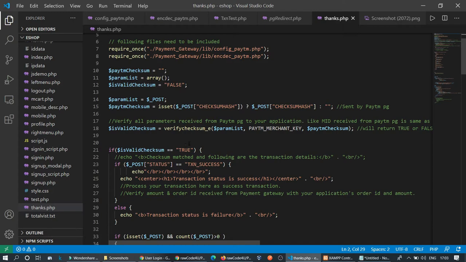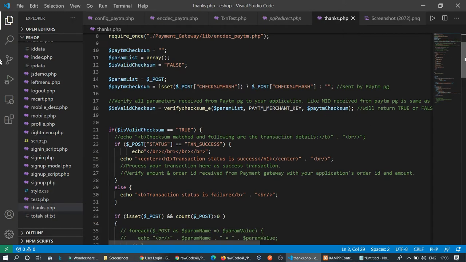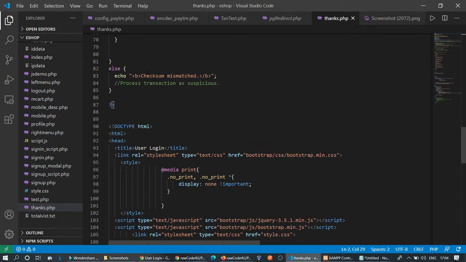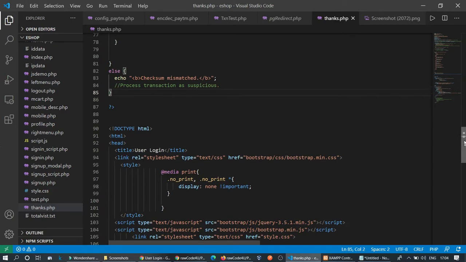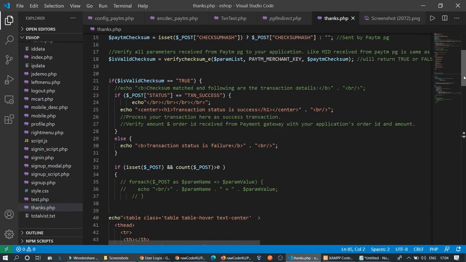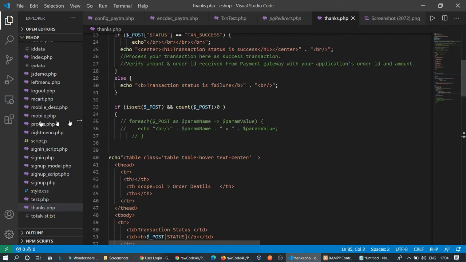And if you tamper with the data, then the checksum is already changed, and it prints a checksum mismatch message, because you changed something and tried to tamper. After that, if the checksum is valid, we check whether the status is success or failure. If it is not a transaction success, it is a failure, and we print failure here.